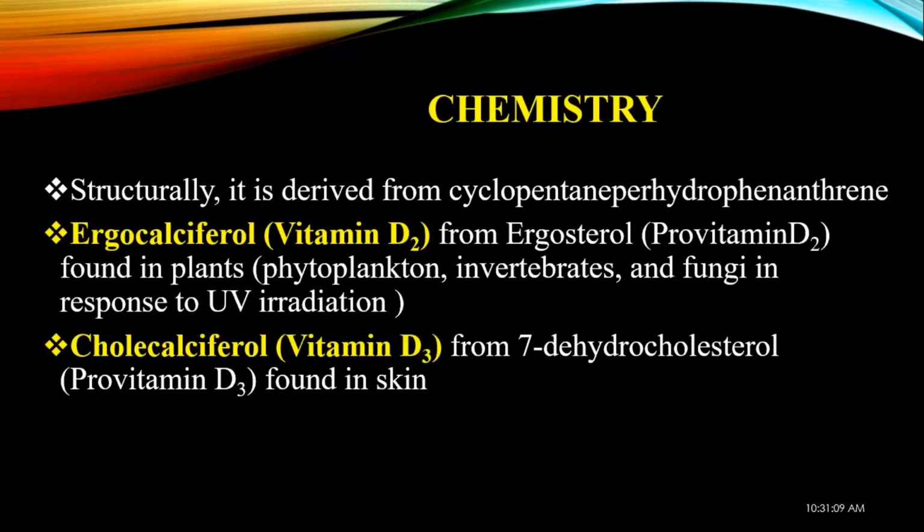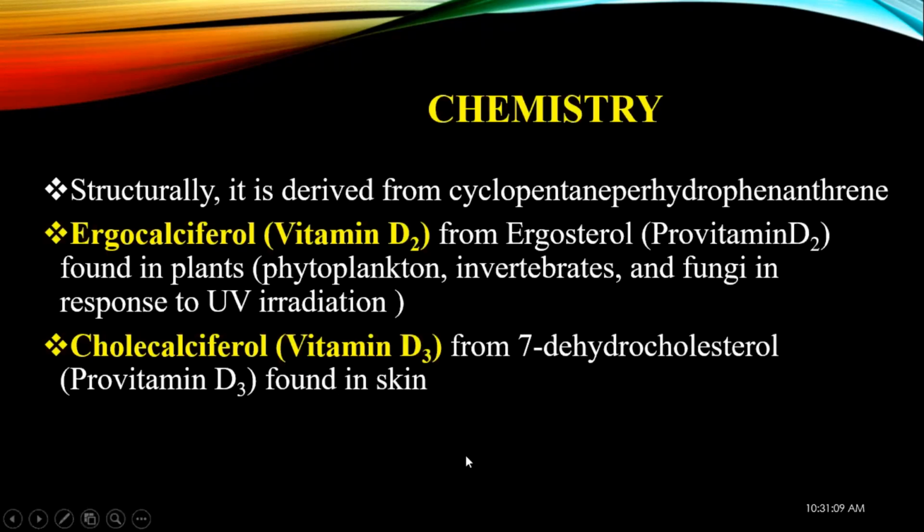So in nature we have two active forms of this vitamin D. One is ergocalciferol, which is also called vitamin D2, and the next one is cholecalciferol, which is also called vitamin D3. The source of ergocalciferol, vitamin D2, is generally plant sources, and cholecalciferol, vitamin D3, we can get from animal sources. Apart from the animal source, this vitamin D3 can also be synthesized in our body using a precursor,